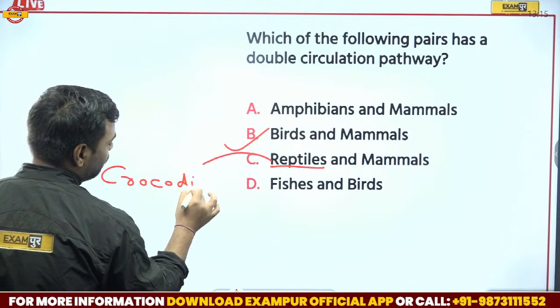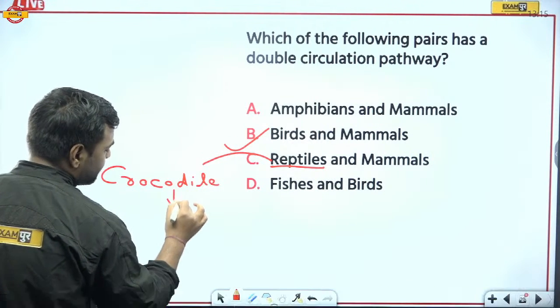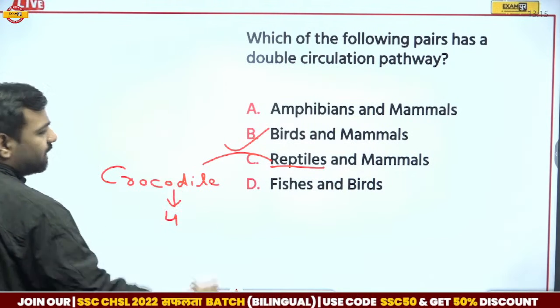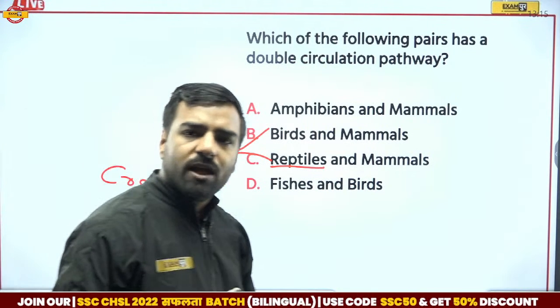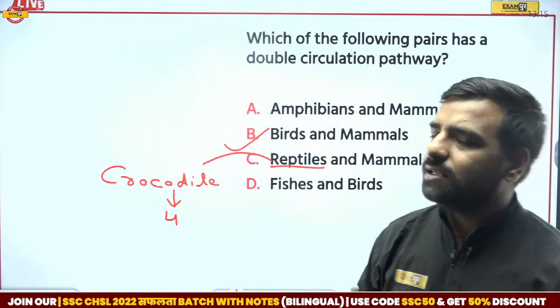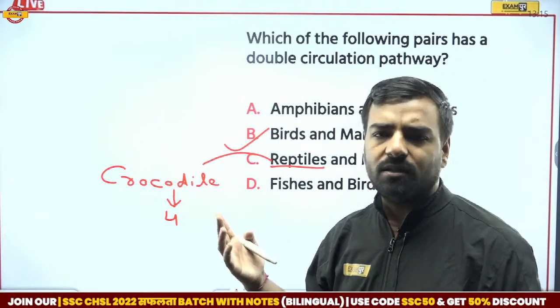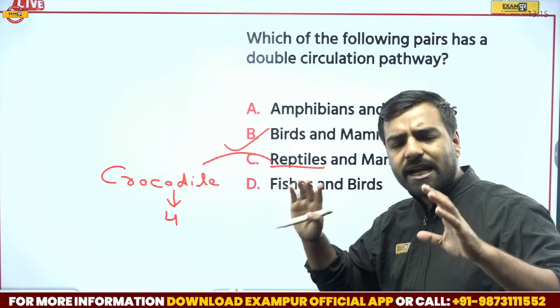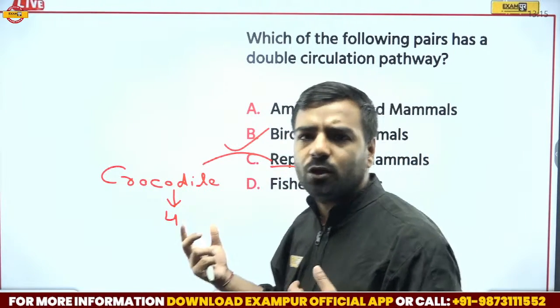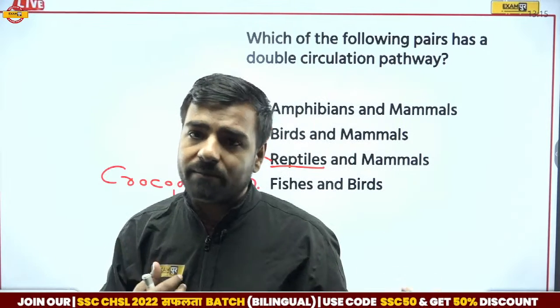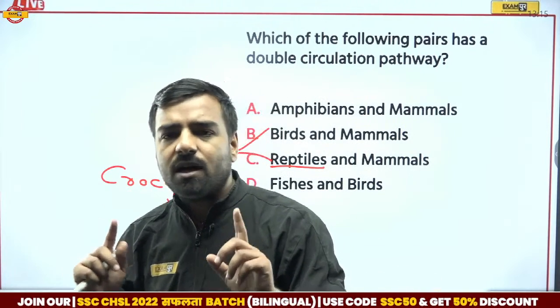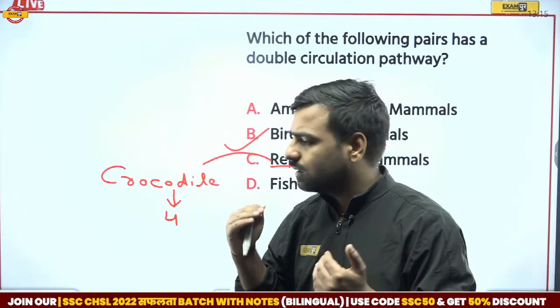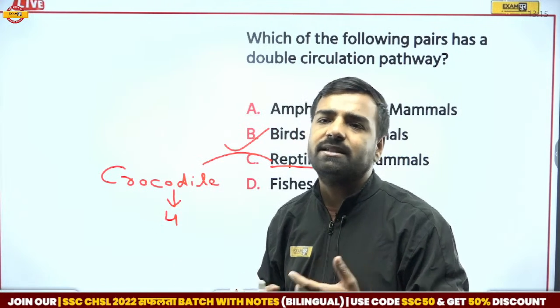Crocodile, very important question for the examination. Crocodile is the only reptile which is having a 4-chambered heart. So what happens in most of the cases is that the blood actually mixes, because they do not have those 4-chambered hearts. And if I talk about birds, that is, the aves group, or mammals, in which we are, our heart is performing blood circulation in such a manner that it is double circulation.